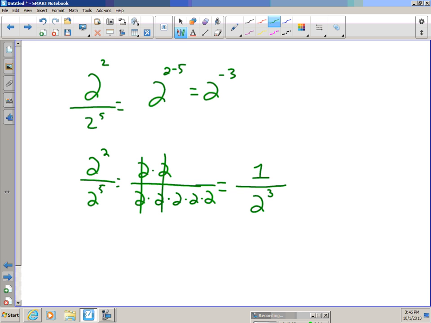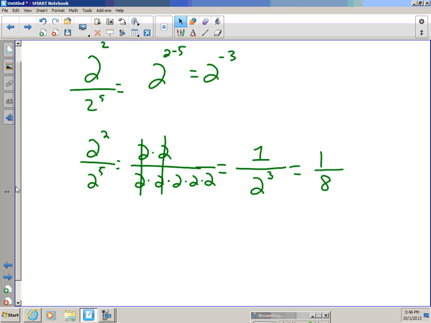Well, now I could evaluate this because I know 2 to the 3rd power is 8. So, what did I just demonstrate for you? Well, the following. That any number or base to a negative exponent is 1 over that base with a positive exponent. Or in words,